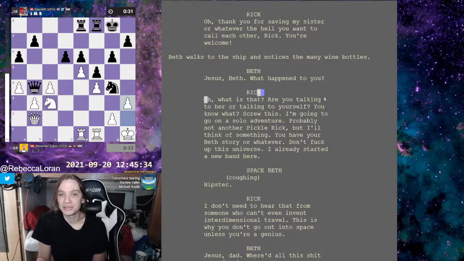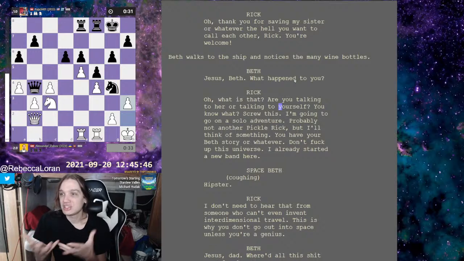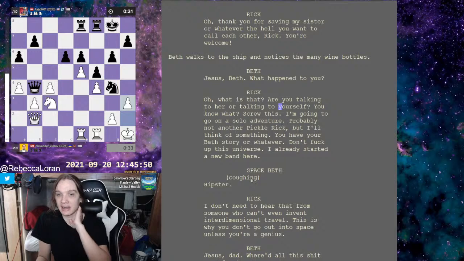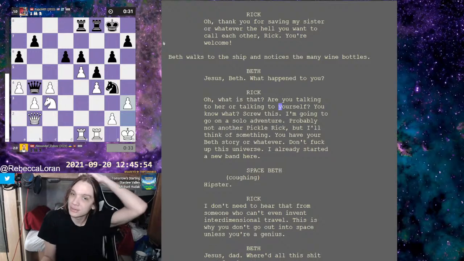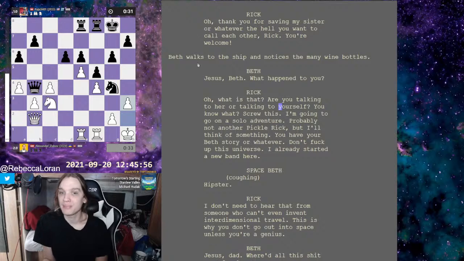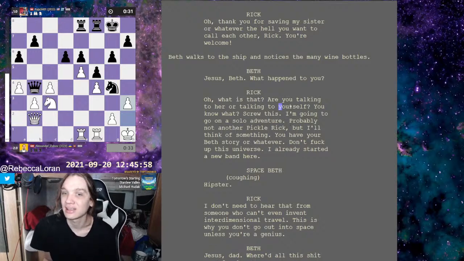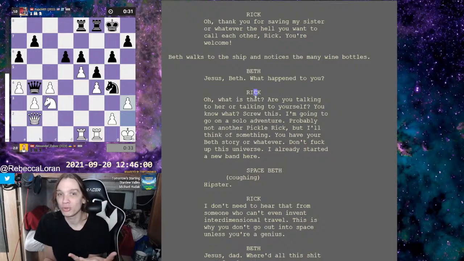I want to write an episode because she says, "Jesus, Beth, what happened to you?" Is she talking to her or herself? That's the whole idea with the whole cloning thing: whether she's the clone or not shouldn't matter. I think that's what the writers were trying to get at. I think that's what the writers of Rick and Morty are trying to explore with Beth and Space Beth. And spoiler warning, by the way,